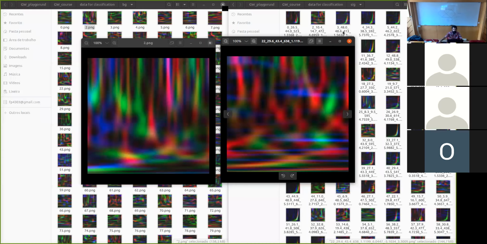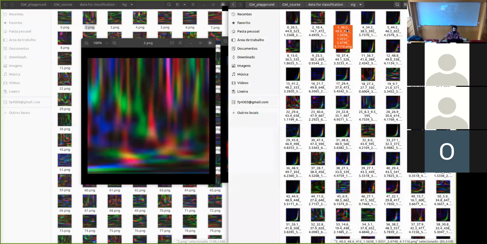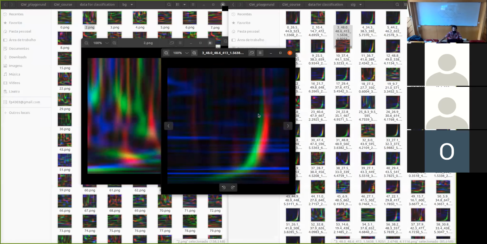Because if I only give data like this, okay? If you only give data this way to the machine, it doesn't make any point. I can do this prediction myself. I can say that there is a signal here. So there's no point in building a machine learning model and asking for funding to buy